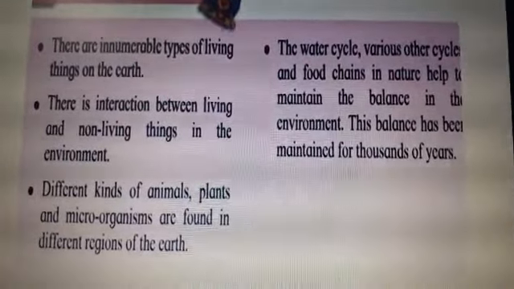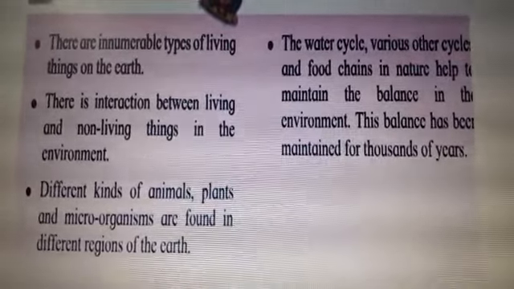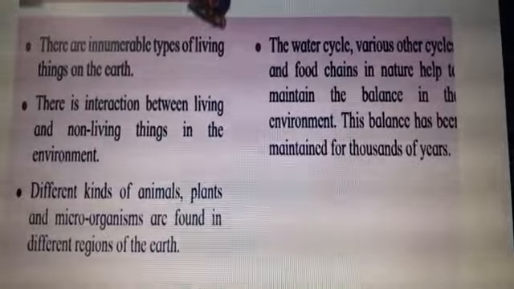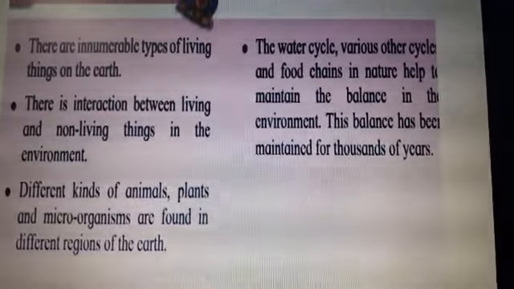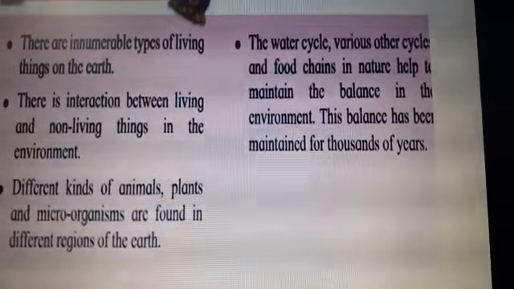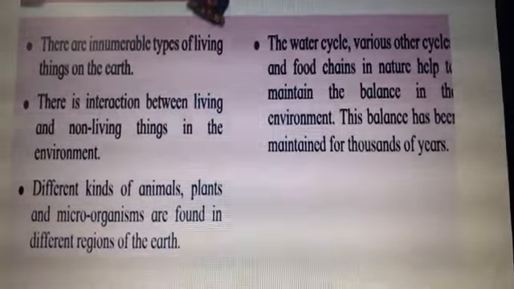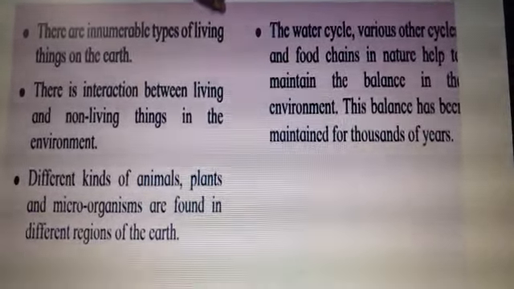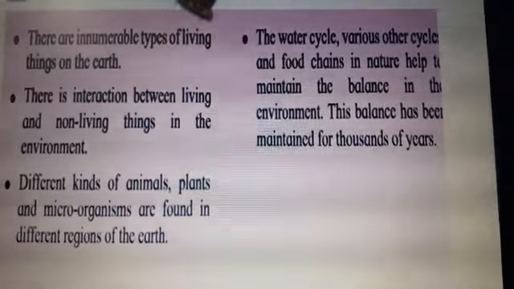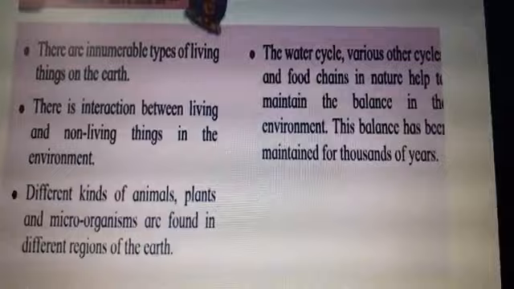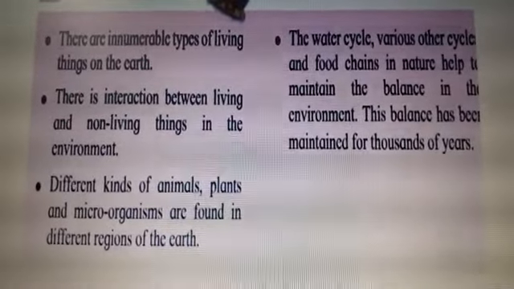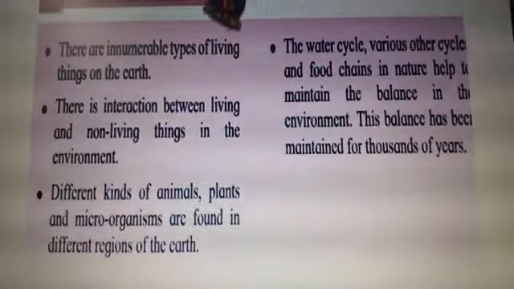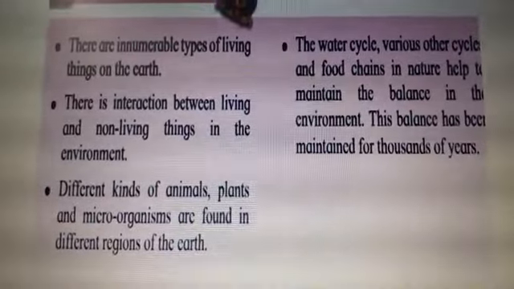And therefore, what is our duty, children? Our duty is to see that we are having a safe environment. How do we have a safe environment? When we take care of the environment, first thing, we should see that pollution is reduced. Second thing, we should not use plastic things because plastic is very harmful to us. And the third thing, which is very important, we should plant trees and take care of the trees as we take care of a small child. I hope this is clear to you and you have understood the chapter environmental balance. I hope you all will join me in maintaining the safe environment and plant the trees.